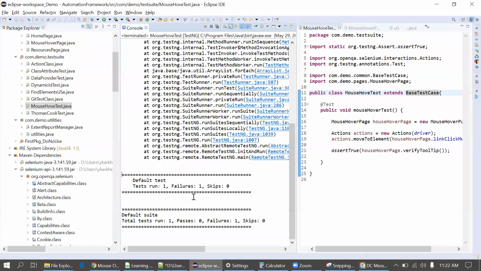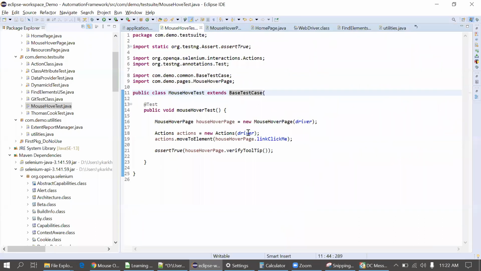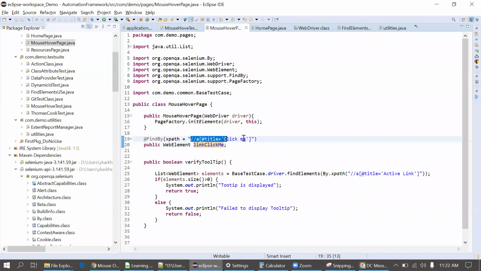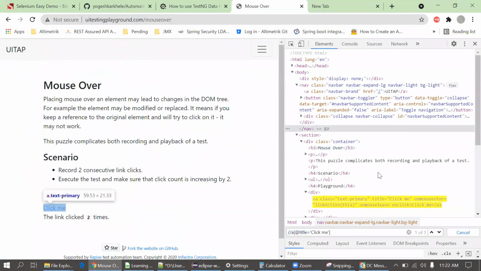Let me check what happened. Failed. Okay, failed to display tooltip. Let me check it again. What went wrong here? This XPath is correct. Why is it not hovering then?